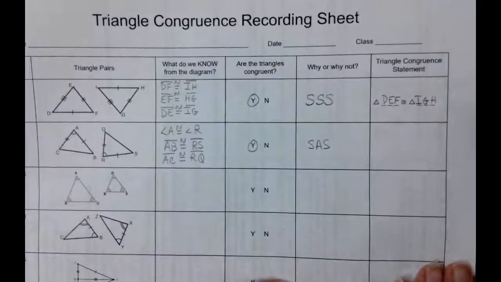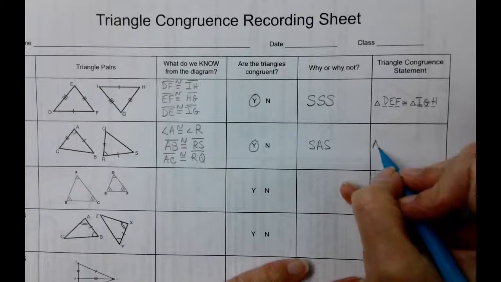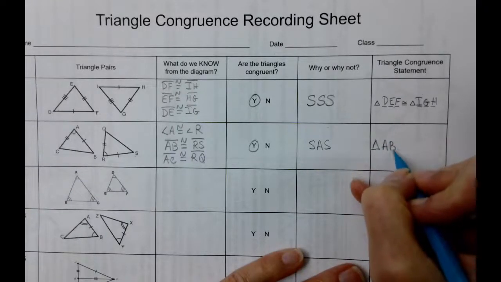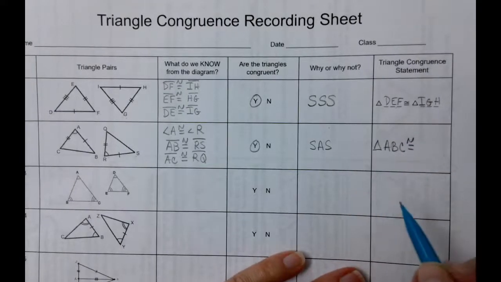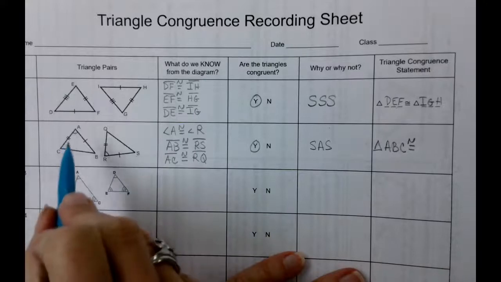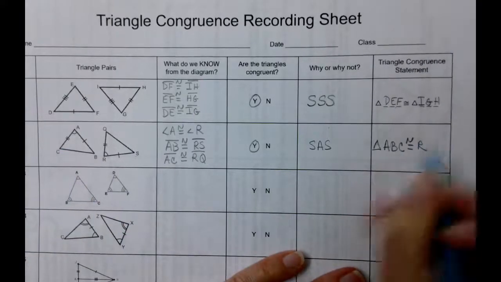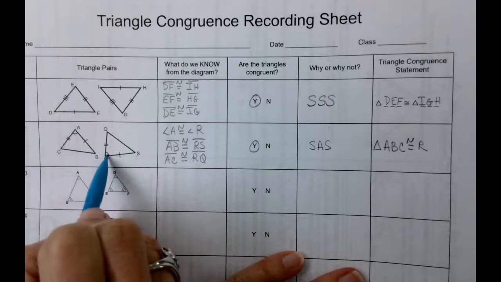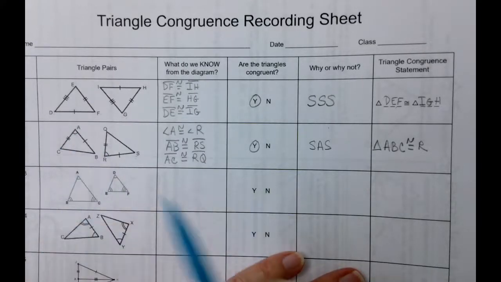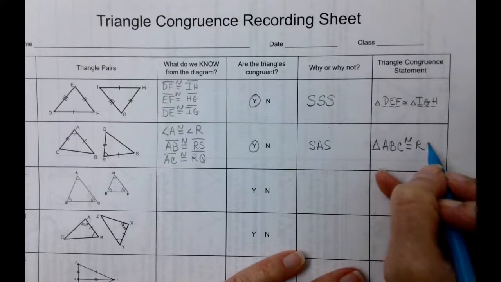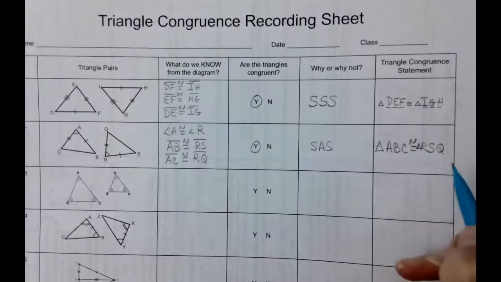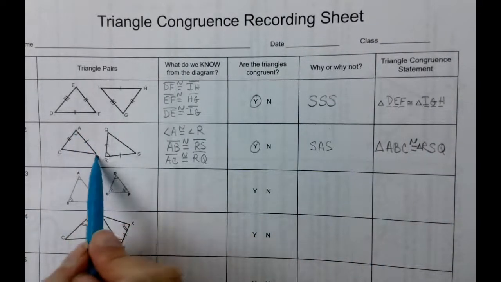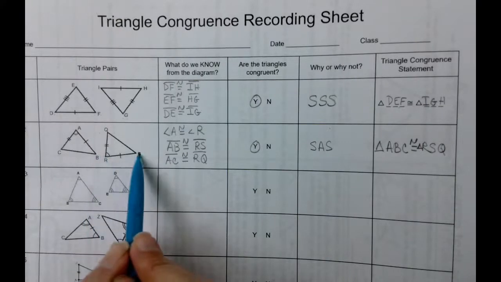And then once again, I tend to go triangle ABC is congruent then to R, because angle A and angle R have to match up, and then it's going to be RSQ, and I want to check that there, and I forgot to write my triangle there, but AB has 1 tick mark, RS has 1 tick mark, and then